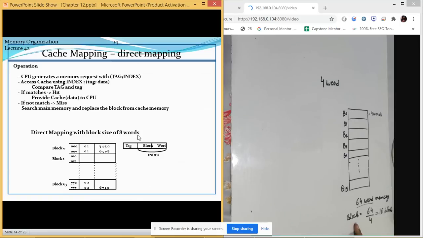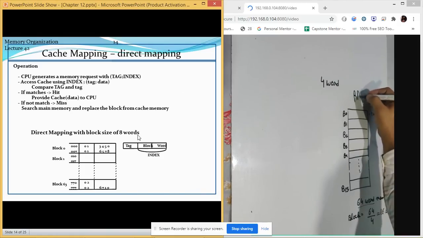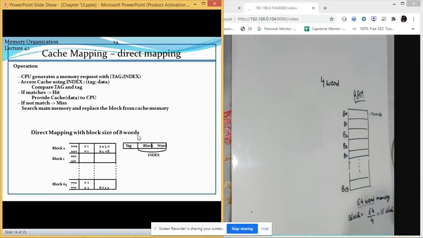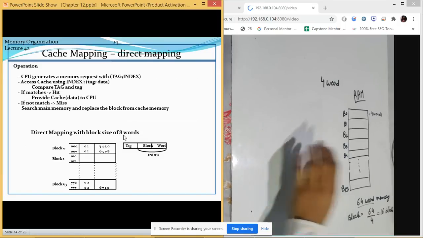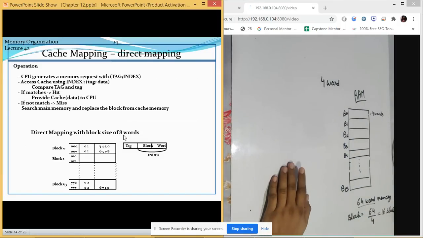Now these are the total number of blocks, and this is our RAM. Now we are going to talk about a memory which has 4 words in each block. In your book it is given as 8 words. So the example which we are doing is for 4 words. Now similarly we will have a RAM. After RAM we will have a cache memory. So cache will also be in the form of words. How many words can that cache memory store?